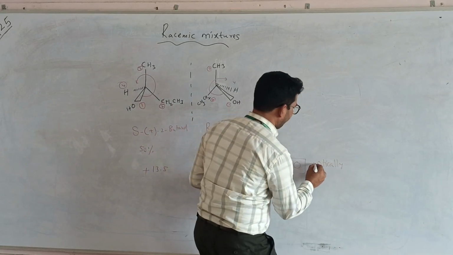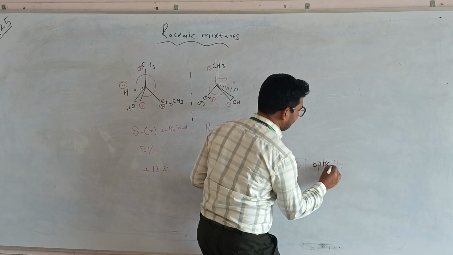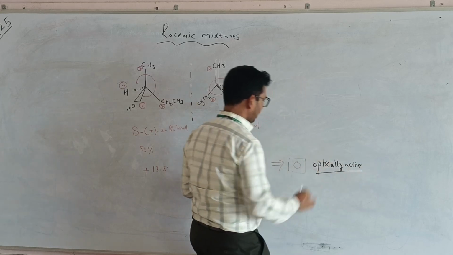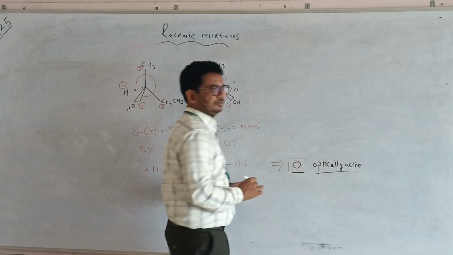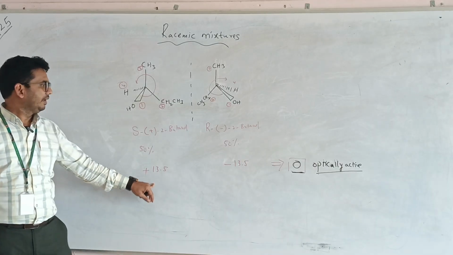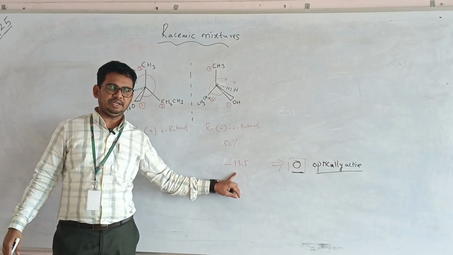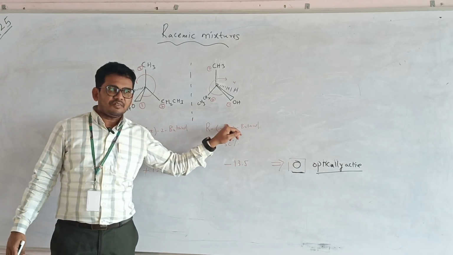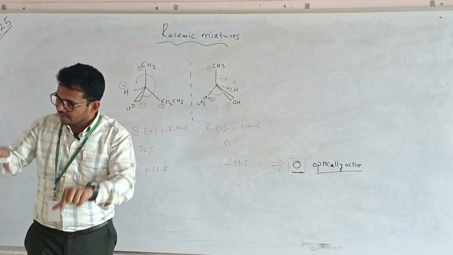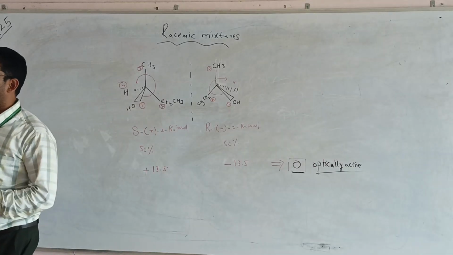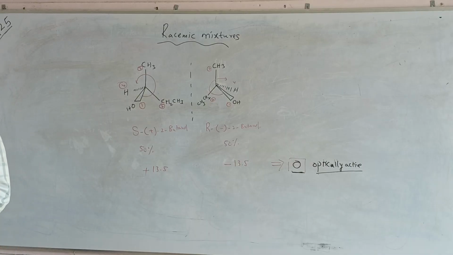Okay. If you give the example, it will look very easy. Just remember the examples. Don't forget examples. Optically inactive. Because the degree of rotation is plus 35 for this, and for this the degree of rotation is minus 35. Because one is moving anti-clockwise, another one moving clockwise, and both are present in the same mixture or same solution. That's why that type of mixture we are calling the racemic mixture. I hope you understood this much. Understood? Yes, sir. It is clear?